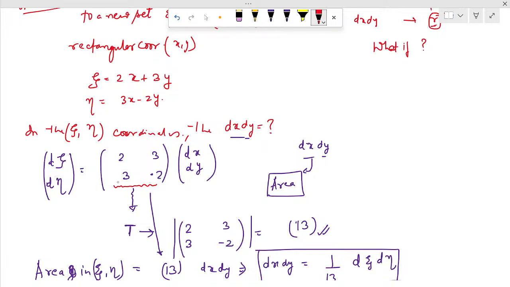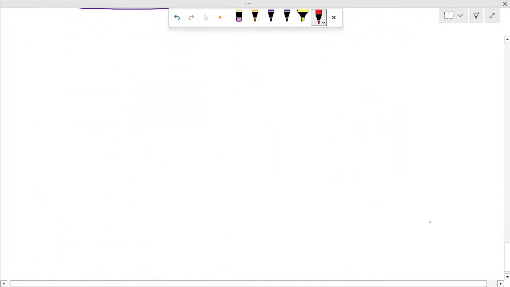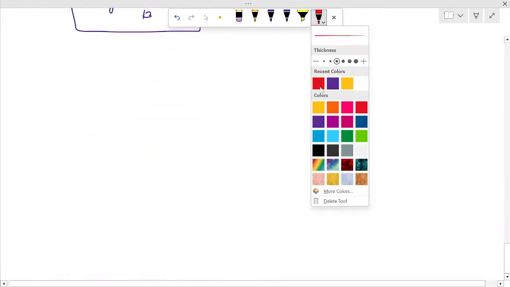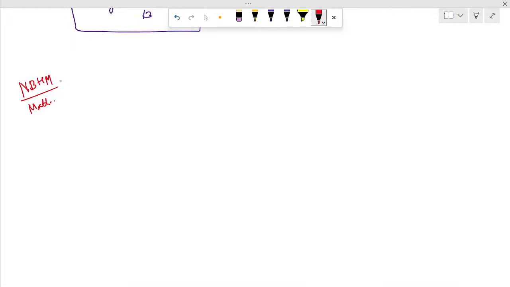Okay, so let me do another question so that we'll be able to get what I want to say. This question has been asked for the maths people. Don't worry, this is not going to be asked in your exam. But let's say if at all it is being asked in your exam, then what happens? It was asked in the NBHM exam in mathematics, and it was said that for